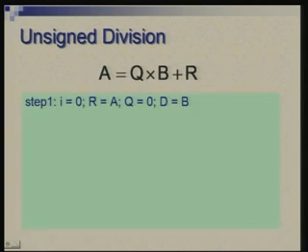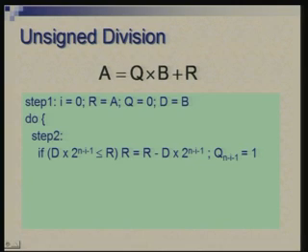So, we take a register R which we initialize with A. A is the dividend, and from this we will keep subtracting. Hopefully, what will be left in R would be the remainder. The quotient Q initially is put as all zeros, and another register D will hold the value B, which is the divisor. Then there is a loop where we repeat this comparison and subtraction step.